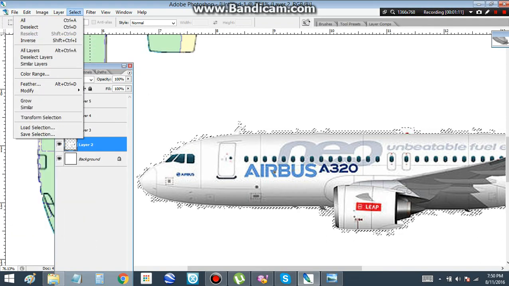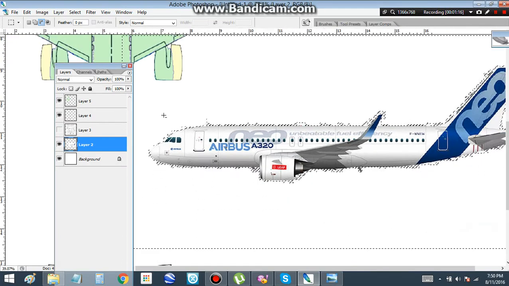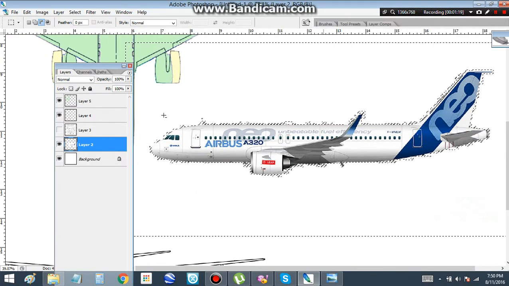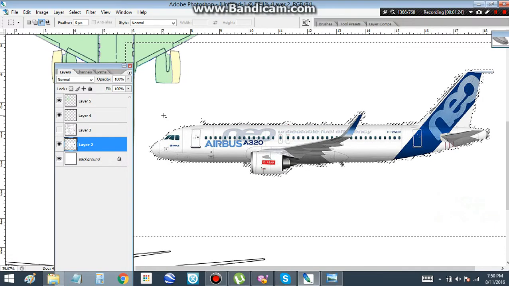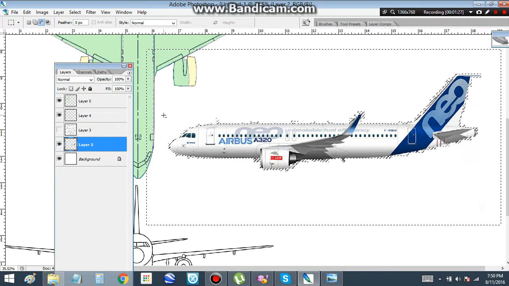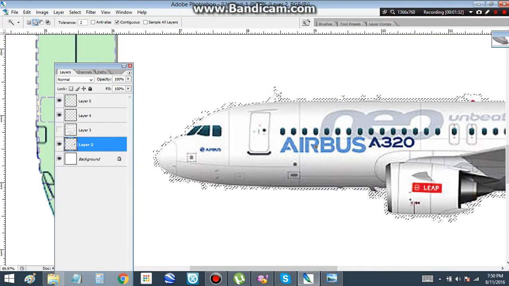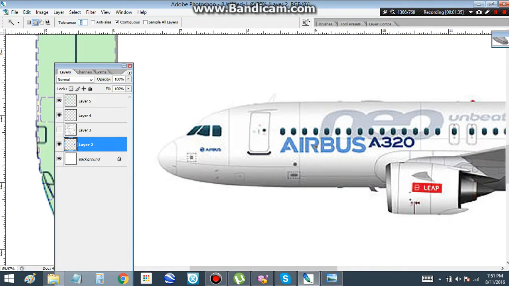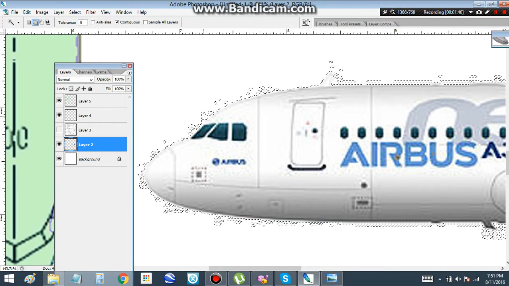So, we're going to grow it, and it's just not going to select. So basically what you do, we'll try 5. If that doesn't work, that's when you go in and manually